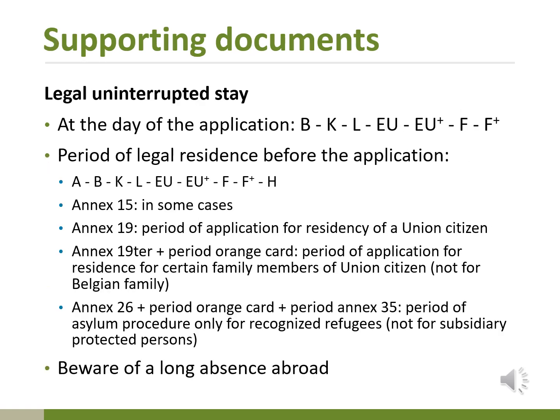Now let's talk about the supporting documents, and we start with the legal uninterrupted stay. Here we talk about the ID card, as I explained before, one of the permanent ID cards, such as BKL, EU, EU plus, F or F plus. Again, at the moment of applying for a nationality, you should have one of these ID cards, a valid ID card,